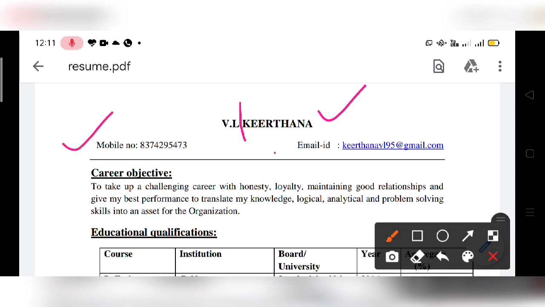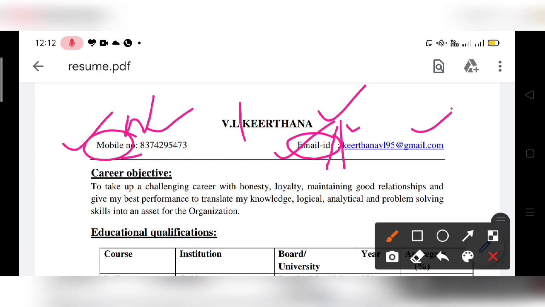And these are the details that you can provide: mobile number and email ID. Mobile number N should be capital over here, and email ID, after email ID some space is wasted. Immediately after D you need to put a colon, and then after the colon you need to leave one space. After punctuation mark you need to leave the space, remember this. And this is your mail ID. Sometimes if you don't want to mention these side headings, mobile number and email ID, you can omit them.